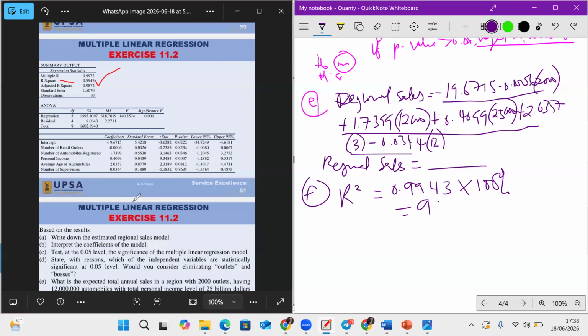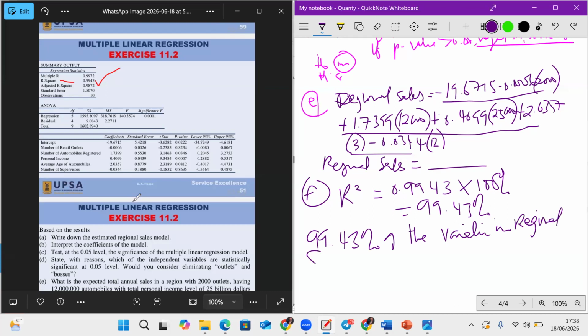You have what? 99.43%. Then you say that 99.43% of the variation in regional sales. Regional sales, don't forget in the equation, it is the dependent variable is caused by